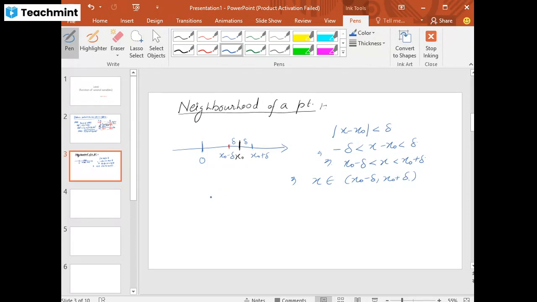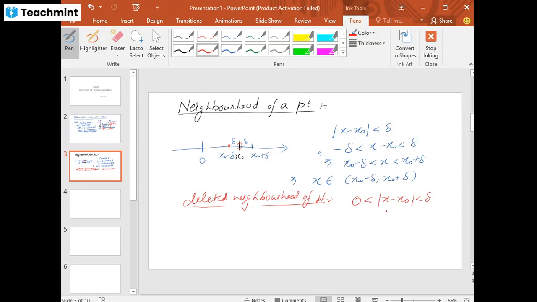And if we consider the deleted neighborhood of a point, it means we are going to consider all the neighborhood points of this point except the point itself. The deleted neighborhood of a point means that we are going to consider all the points that lie in the neighborhood of a point except the point x naught itself. It can be written as 0 is less than |x minus x naught| is less than